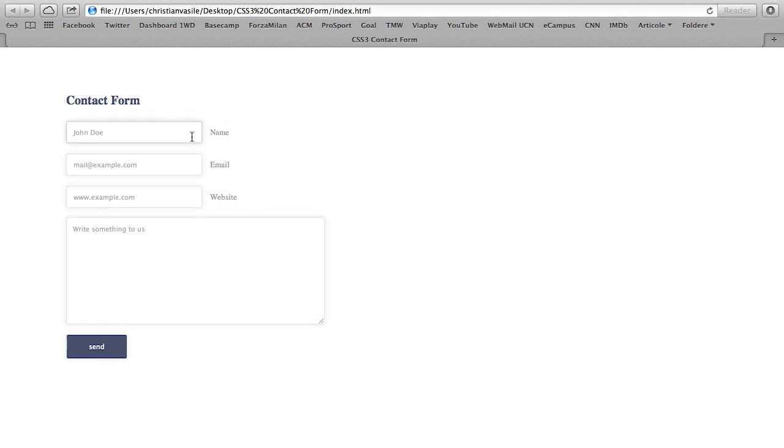code or how to style a contact form because there are many plugins out there for WordPress or Joomla or whatever content management system you use. There are also many PHP plugins you can find, and they all are functional and they work as they should, but they don't look as good as you would like them to. So in this tutorial I will teach you how to style a contact form, and I already have the code